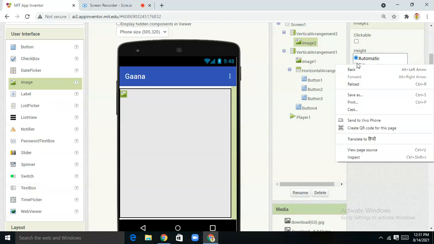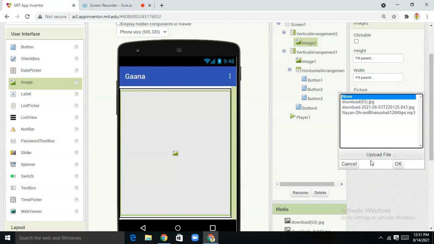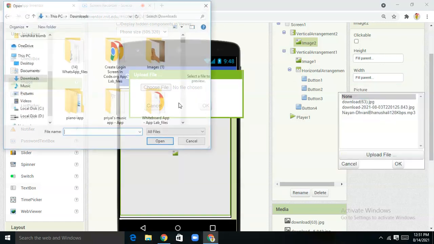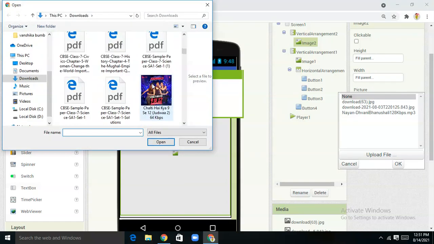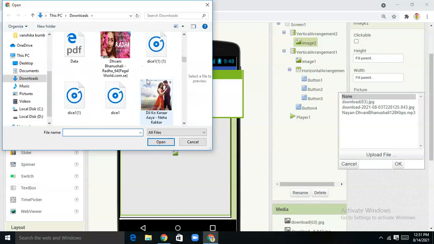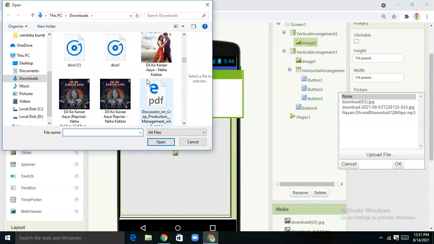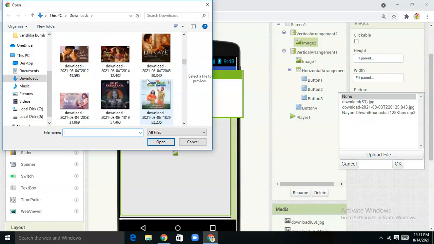Now what I want is an image again. So make its height and width as filtering. And here I'm uploading one image, I mean one song's picture. I've actually downloaded many songs.